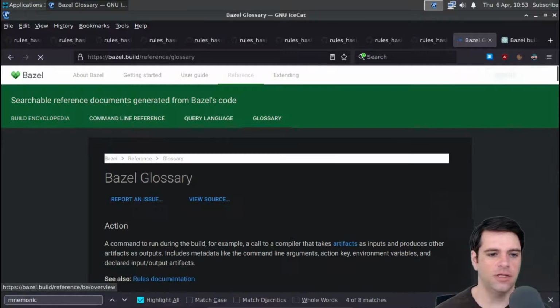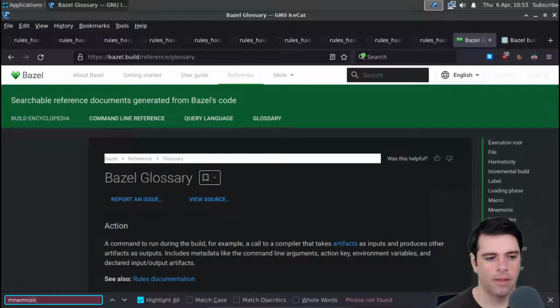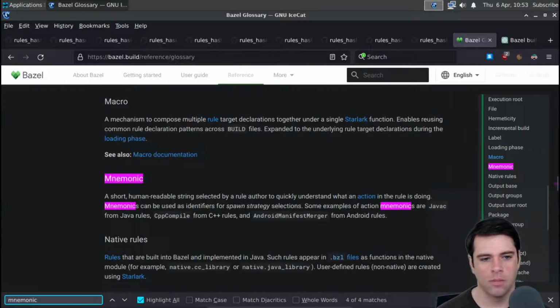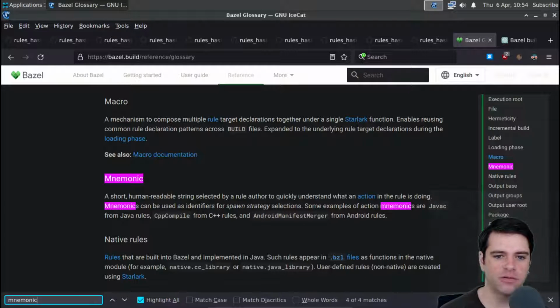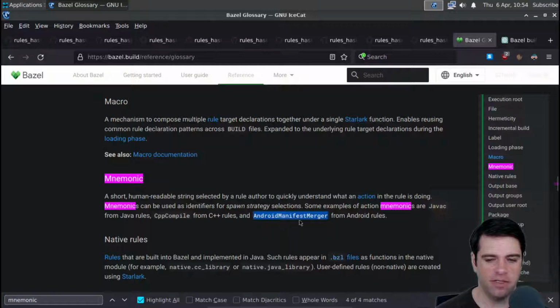Bazel glossary. Yeah, this is useful. A short human readable string selected by a rule author to quickly understand what an action in the rule is doing. So it's kind of like a description, but super short, I guess. So it's supposed to be like a human readable string. Mnemonics can be used as identifiers for spawn strategy selections. Some examples of action mnemonics are Java C from Java rules, CPP compile from C++ rules, and Android manifest merger